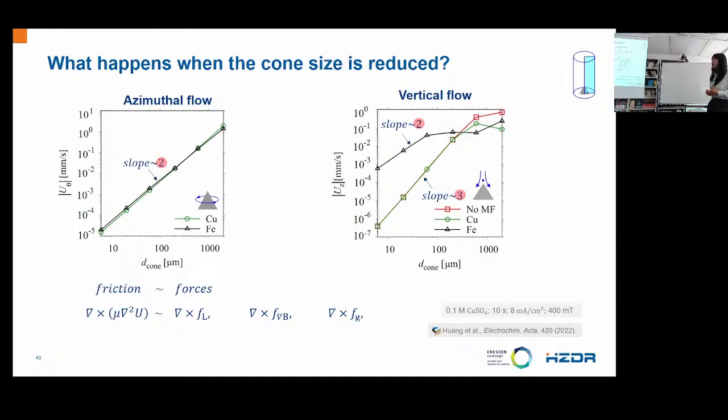If you still remember, Gerd has explained that only the rotational part of the force is actually driving the fluid motion. So here we try to balance the rotational part of each force to the rotational part of the friction. And this enabled us to derive, theoretically, the scaling behavior of the flow caused by the Lorentz, the gradient, and the buoyancy force separately, that scales with the cone size with the power of 2, 2, and 3, respectively,